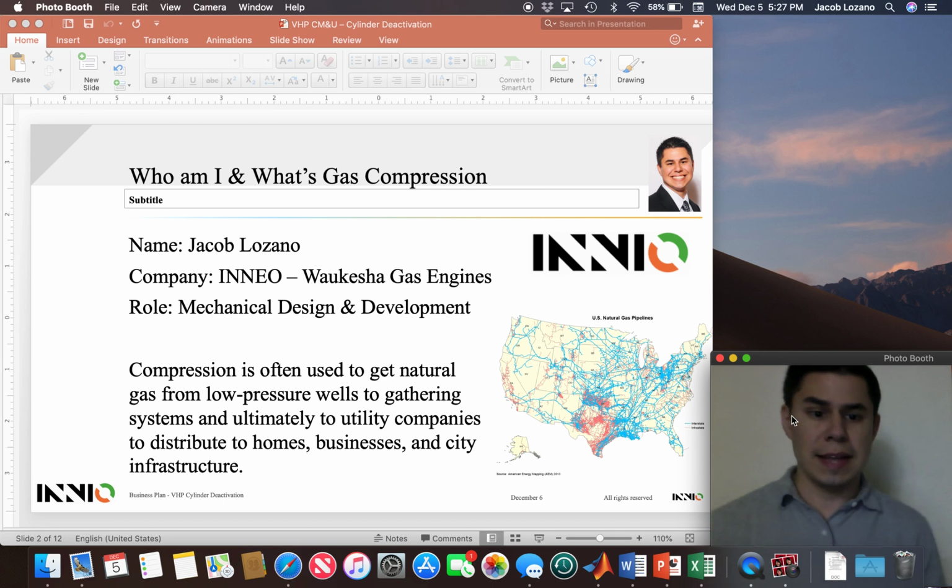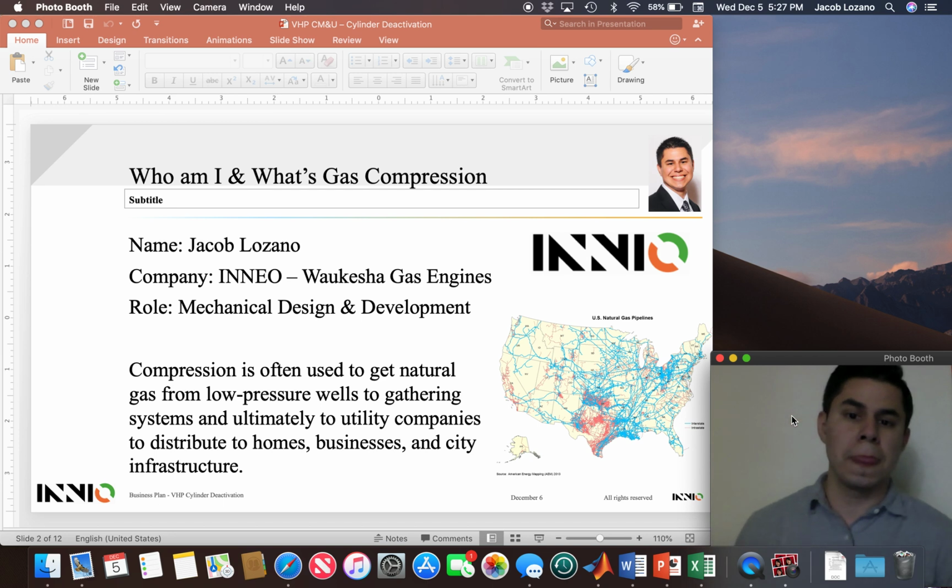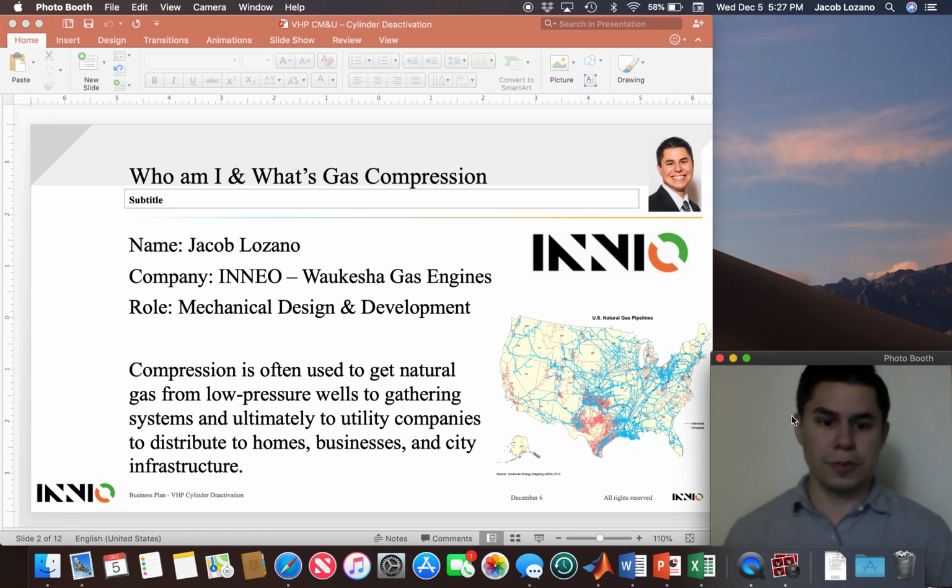Now, jumping into gas compression, what is it? Gas compression is not gasoline. We're talking about natural gas. Natural gas resides in low pressure wells deep under the earth, just like shale oil. But these low pressure wells that contain natural gas need to get distributed, of course, around the world. And getting it here, specifically in the US, you can see on the right side